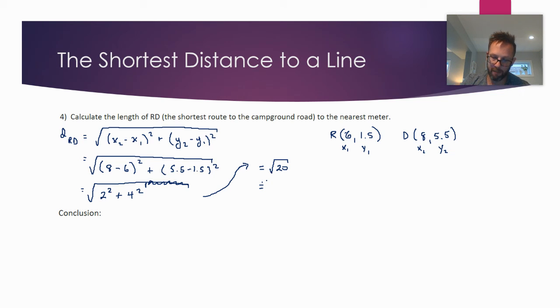So the root of 20. I'm going to keep a lot of accuracy for now. 4.4721 units. Now, why am I keeping a lot of accuracy? Because remember, every unit on our grid was 500 meters. So the shortest route,